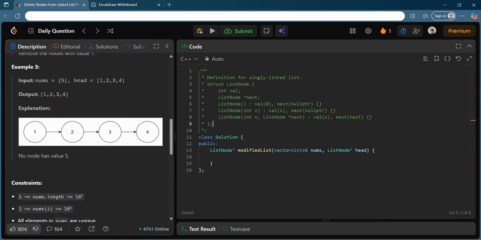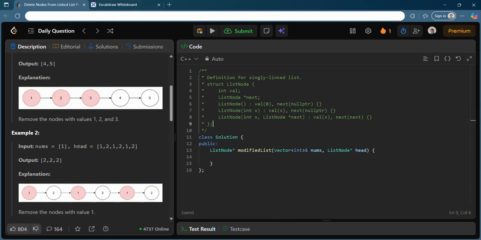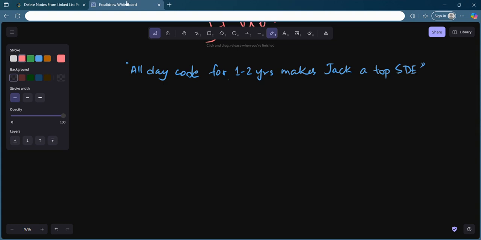There should be no difficulty in understanding the problem statement, and by reading this I hope you also have some idea regarding the approach. It can be divided into two parts. First we need to change the head, and then delete the nodes of the linked list. We definitely need to change the head if some front portions of the linked list consist of values which are there in the list. And then remove other nodes.